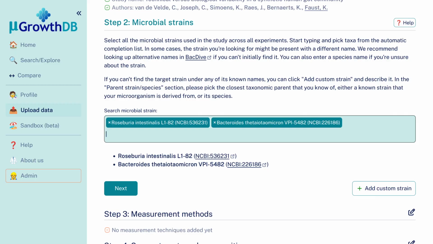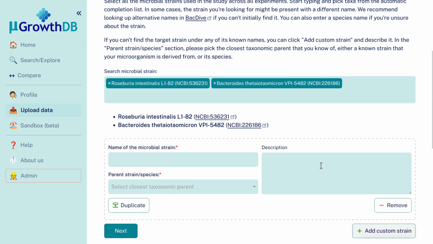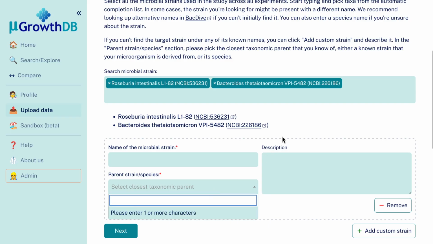Now, let's say that there's a custom strain that we've developed in our lab, maybe with some specific mutation, maybe it's adapted to work in a specific medium. What we can do is we can click on the Add Custom Strain button. By doing this, we get this form, which allows us to describe a specific strain that is connected to a parent strain. For example, I can type